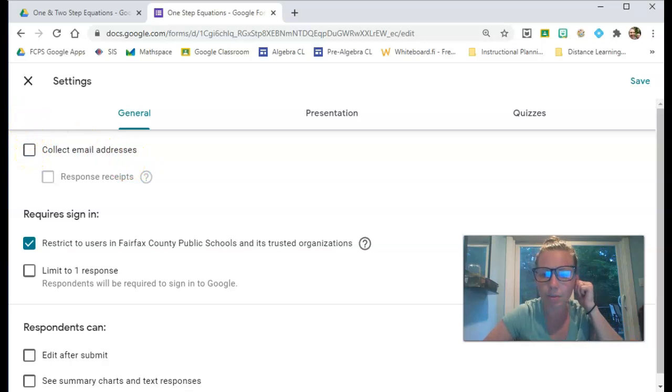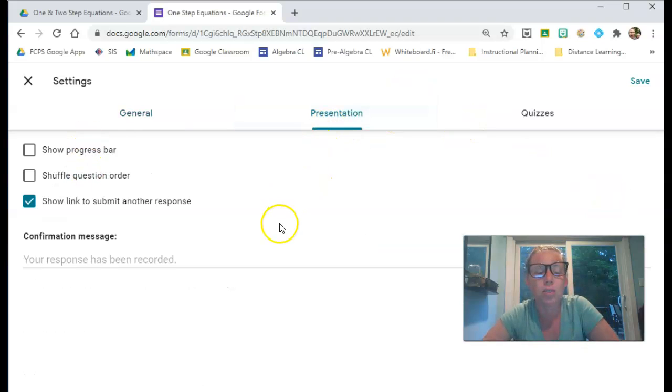In order for them to take this, they have to be signed into their Google account because of this checkbox. But if you want to collect their email addresses for whatever reason, you can click that as well. All right, so that's under general. And the